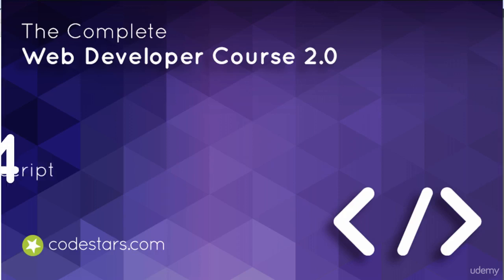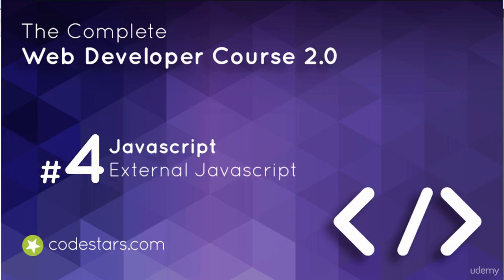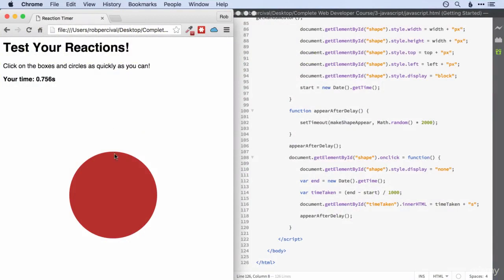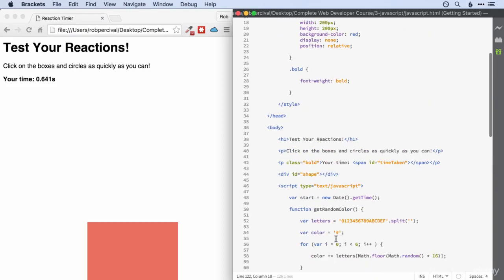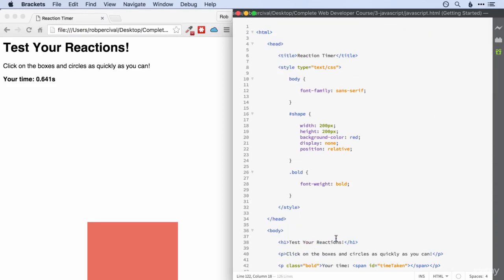So if you can tear yourself away from our addictive reaction timer for just a few moments, I'd like to show you how we can separate our JavaScript from our HTML in just the same way that we did with styles. So let's first separate our styles to remind ourselves how we did that at the end of the previous